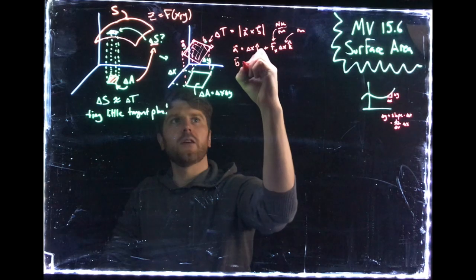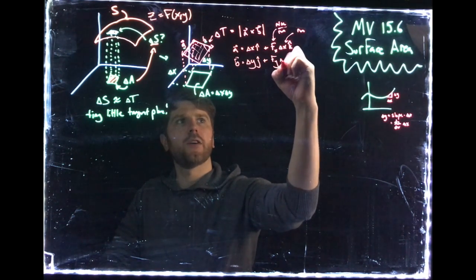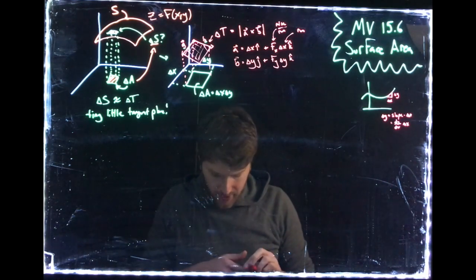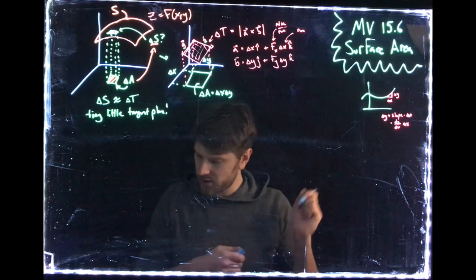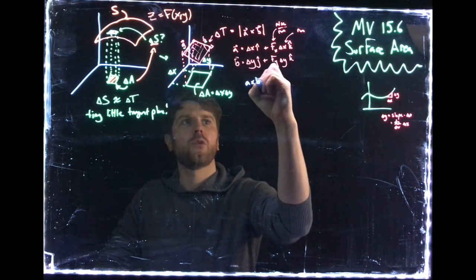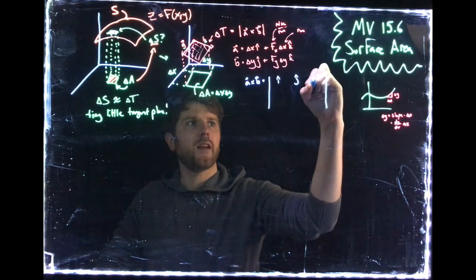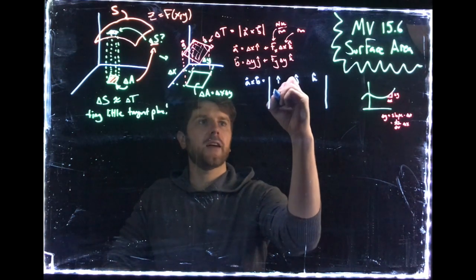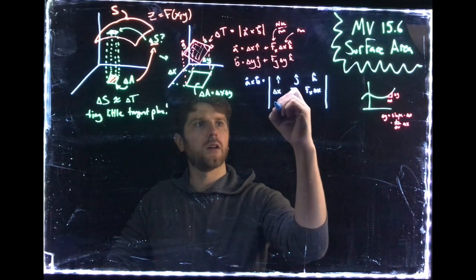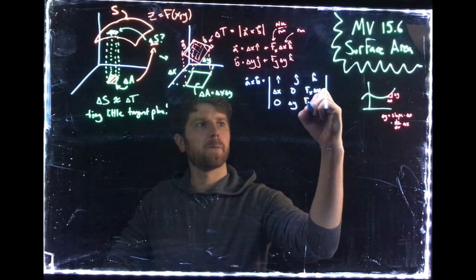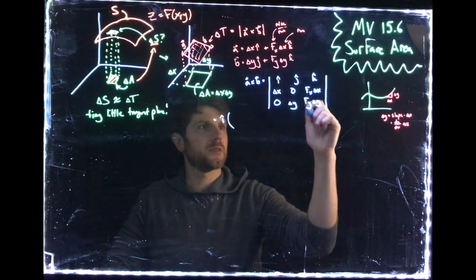And by the same token, my vector B here, I can write as delta y j hat plus fy delta y k hat. So let's switch colors here, and we'll take our cross product. We're looking for A cross B, and then we'll find the magnitude of that. So I'm going to give myself lots of room. I hat, j hat, k hat. It's been a little while since we did a cross product. We've got delta x, 0, fx times delta x. And here we've got 0, delta y, fy delta y. So if we take this cross product, we end up with i hat times